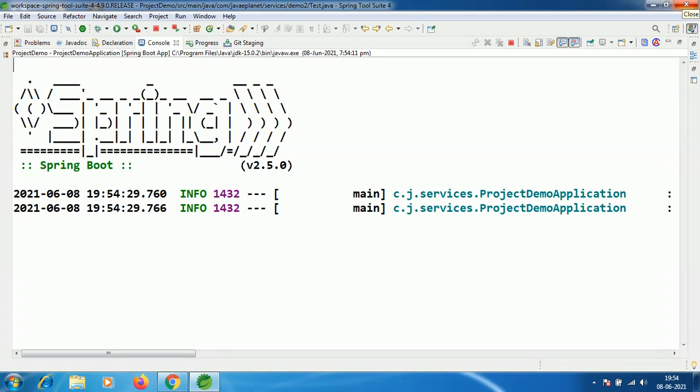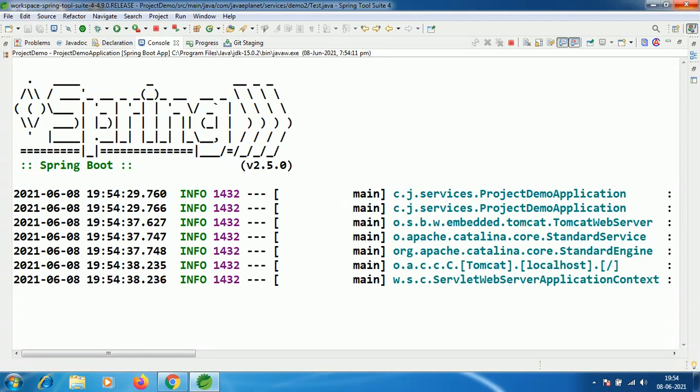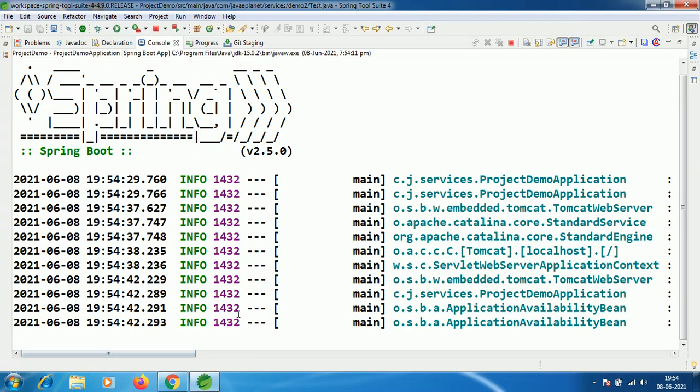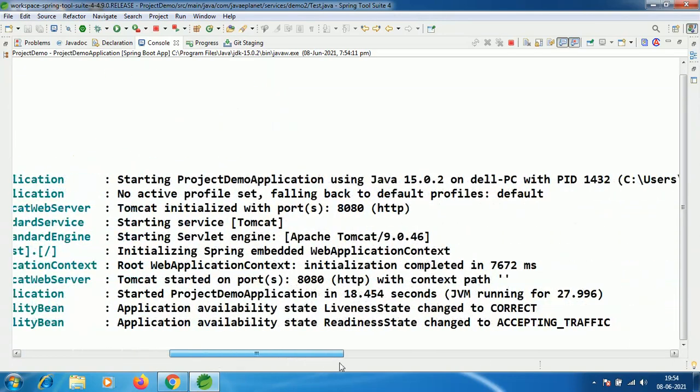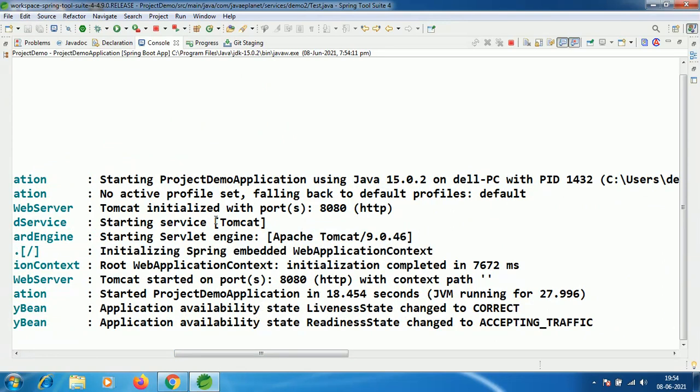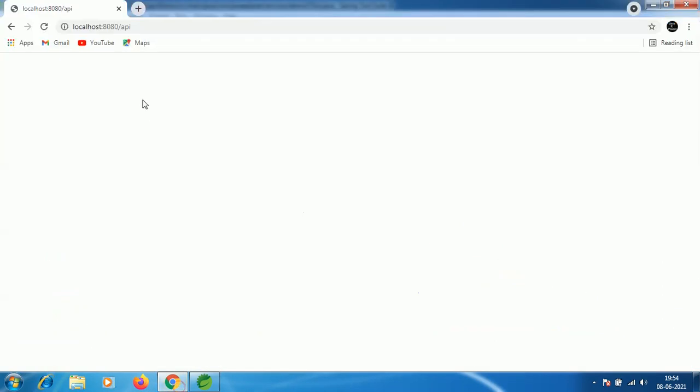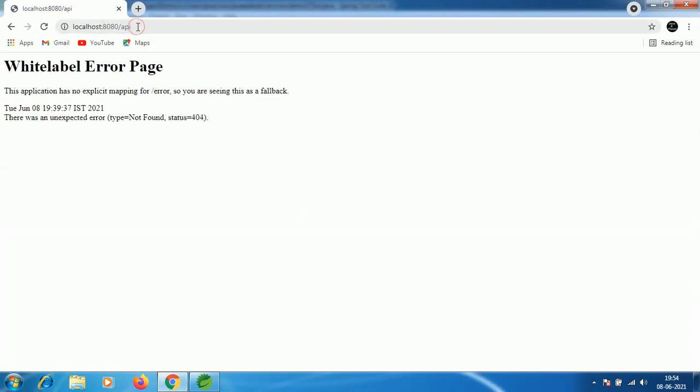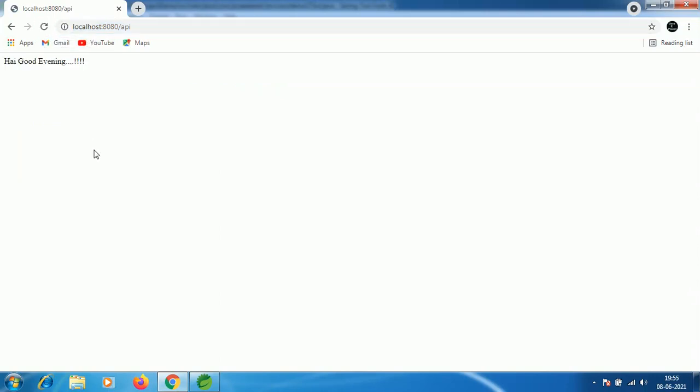We will also discuss the difference between @Controller and @RestController. Here the application has started running. Refresh it. Here you go. Hi, good evening.